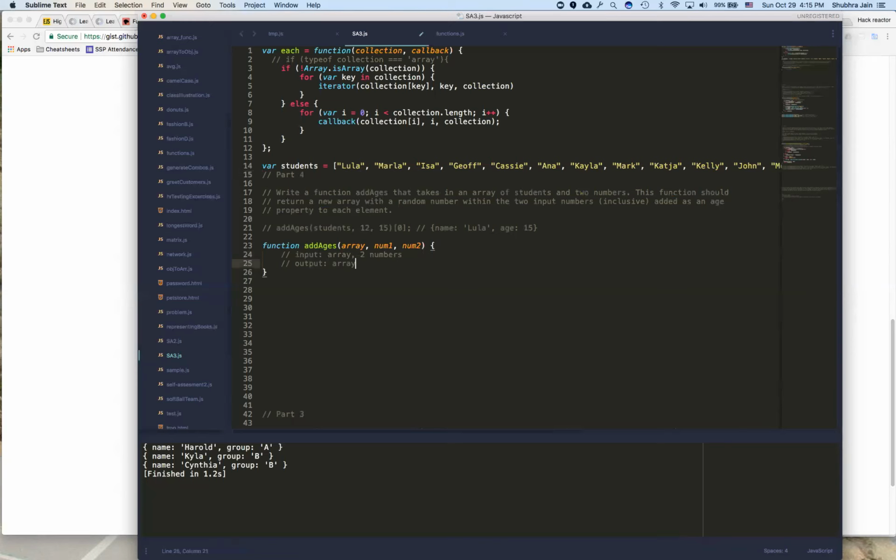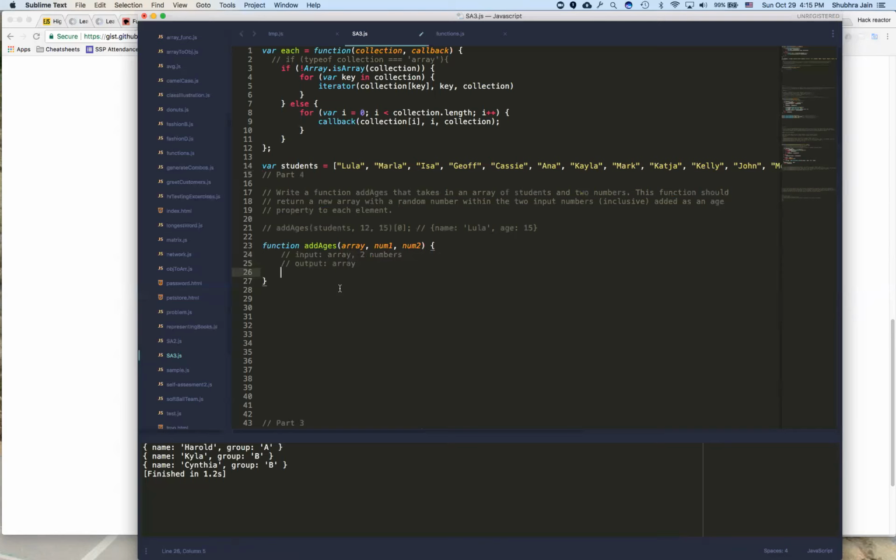So what I need to do is, basically what each does is it modifies the given array and does not return anything. So var added, I need to work out how to use my each function on the array,